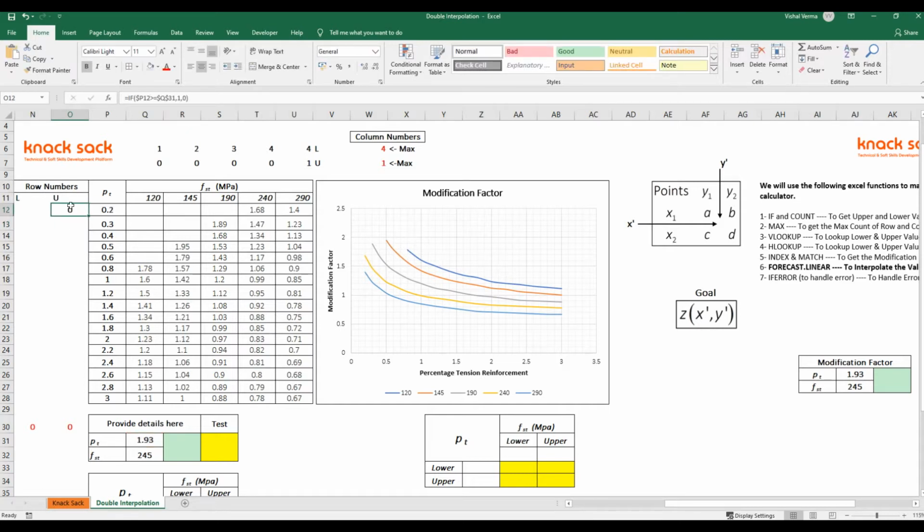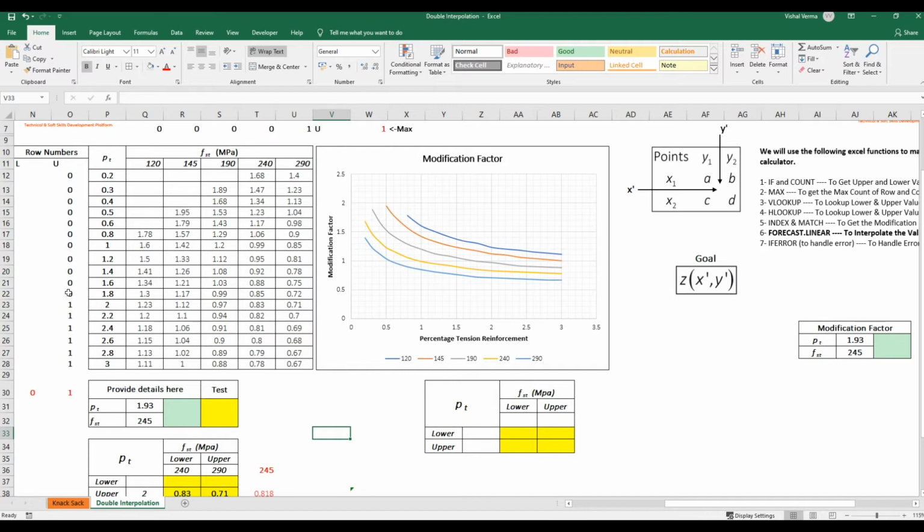Because we are talking about upper values, I have denoted L as lower and U as upper, so for upper values we have to use the greater than sign. Now I drag this formula down to the last row. See, the moment it becomes true, it changes from 0 to 1. That means this one is our focus point.